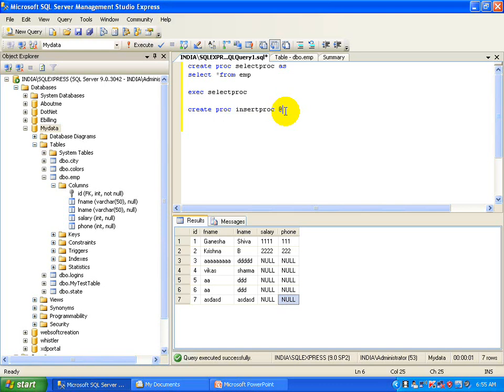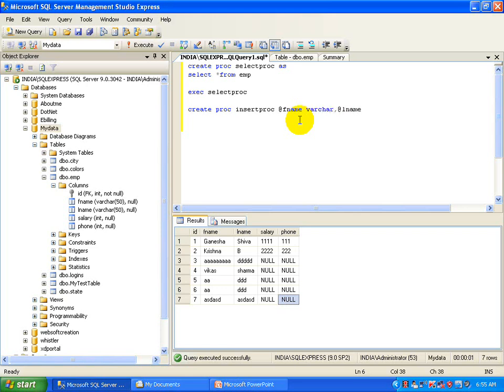I have to take some input parameters. Maybe ID is an auto incremented field, so there is no need to give the ID value, just F name and L name. First of all, these are the input variables.